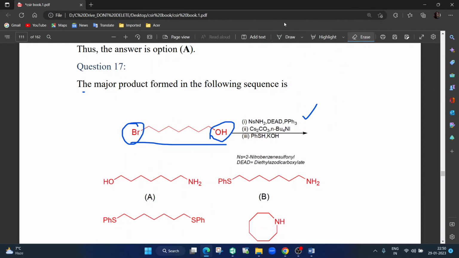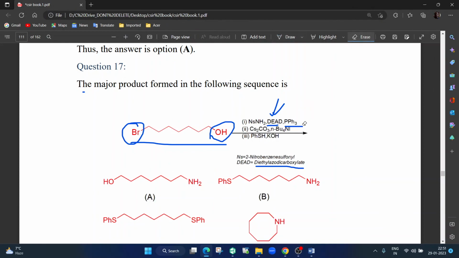Apart from that, what you see here is DEAD. DEAD is diethyl azodicarboxylate. So if you see DEAD or DIAD, please remember it has to be a Mitsunobu reaction along with PPh3. Mitsunobu reactions are basically for esterification kind of reactions where inversion of configuration happens. I'll explain that in a while. Then the second reagent, in the second step, is cesium carbonate and